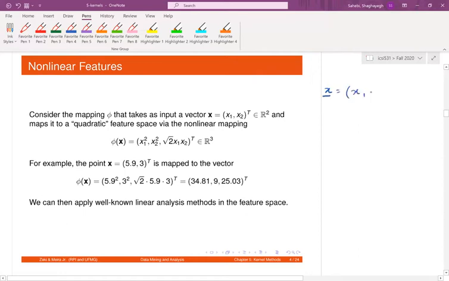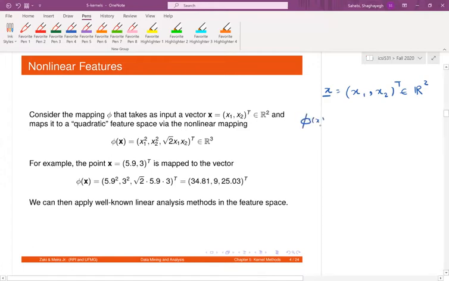It's x1 attribute 1 and x2 attribute 2 transpose that belongs to R squared, because it's a two-dimensional vector input. Now, we can map this into nonlinear features by using nonlinear function phis. So, for example, if we want to map it to a quadratic feature space, like what we have done there,